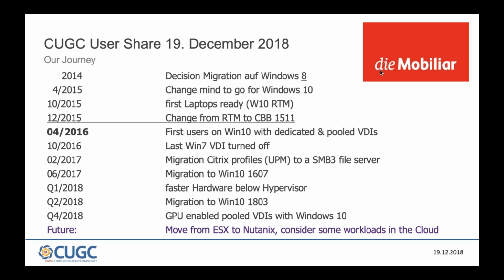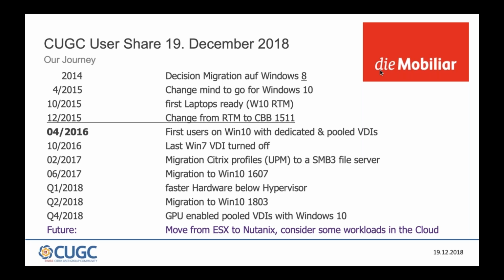we already started very early with Windows 10. When I came to this company in 2014, they had decided to go to Windows 8. That never happened because they changed their mind and said, okay, we go to Windows 10 directly. But then we were a bit under pressure, so we started with the Windows 10 rollout on the laptops, and we also had the pressure to do it on the VDIs. I think one milestone was already in April 2016 with our first Windows 10 deployment on dedicated and pooled VDIs. And then it was an evolution process, but I think the last big step was